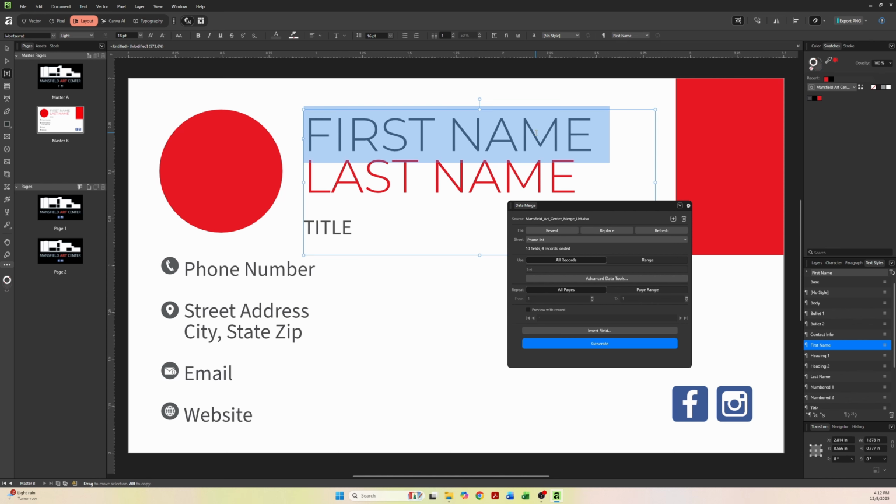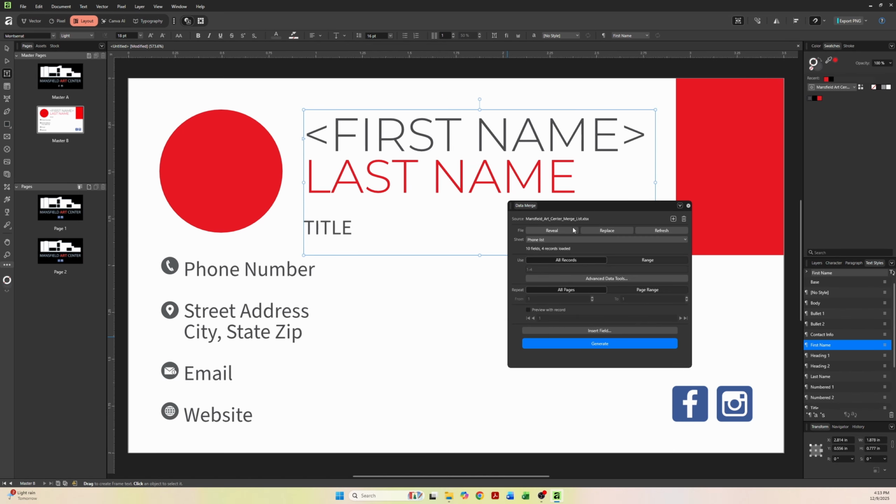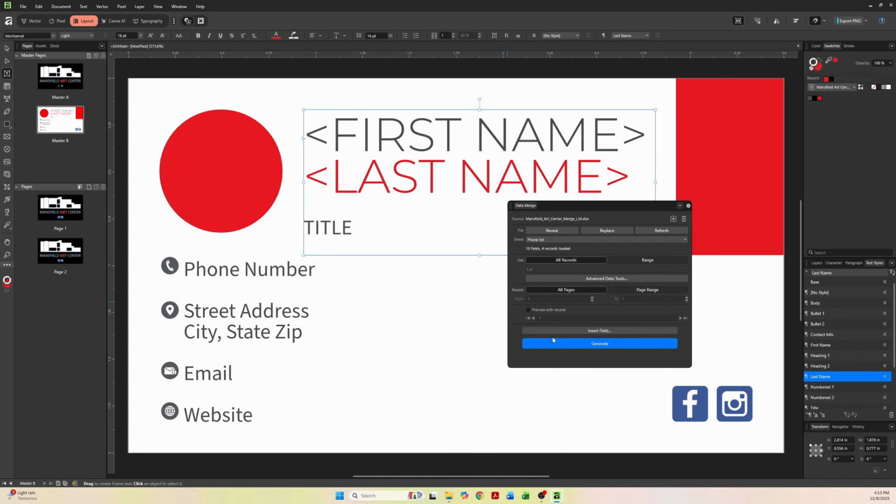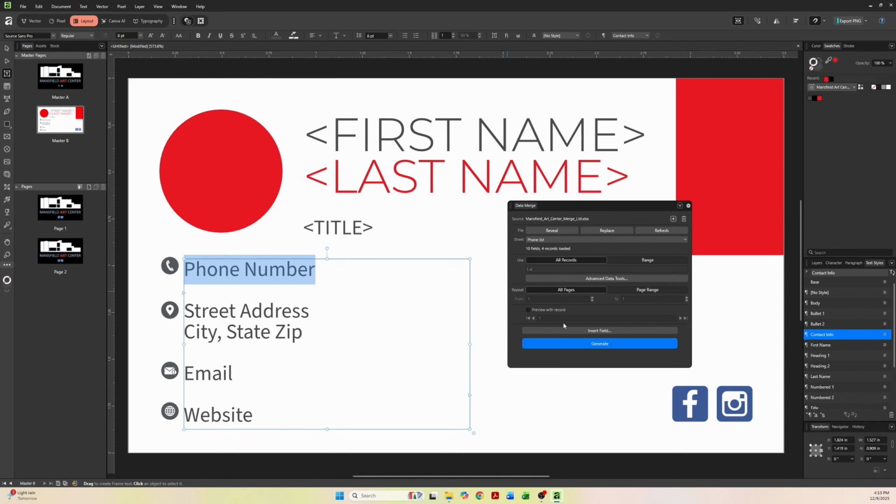So we can do that by double clicking, for example, on first name, highlighting it. We want to insert a field, and I want to insert the first name. I'm going to select the last name field and do the same thing. Insert field, last name, highlight the title, and choose title. Go down here to the phone number, insert our field, find the phone number,